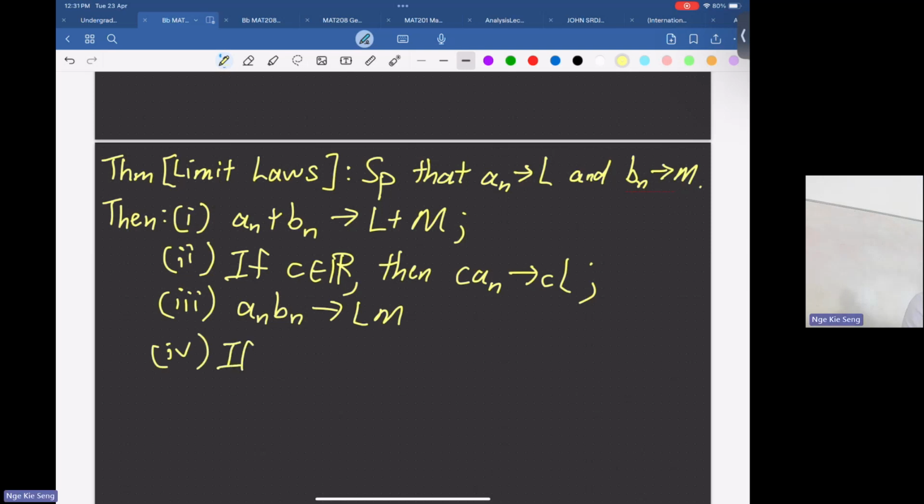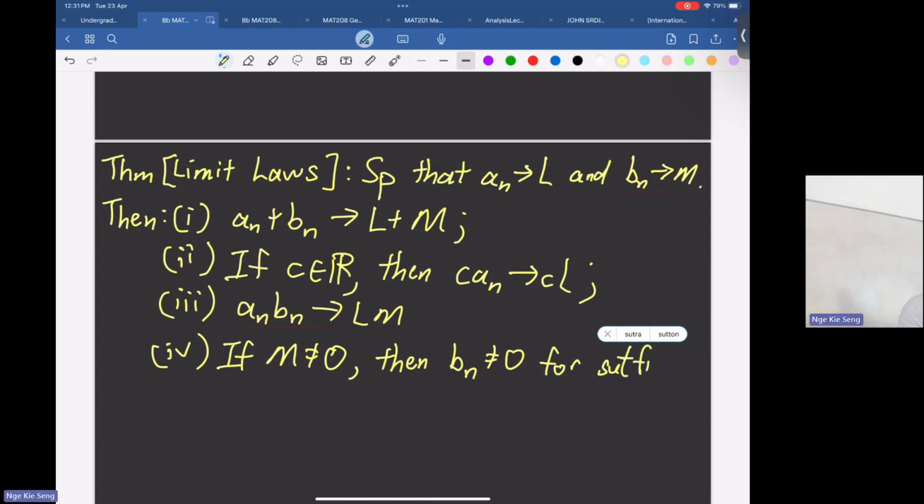Okay, so this limits law. The proof of this limits law is a very basic proof in analysis. For all other proofs, for example, for derivative and integration, remember how we define derivative and integration? Those are defined using limits. So all the proofs in differentiation and integration are reduced down to proving this kind of statement. Let me show you how we prove this.